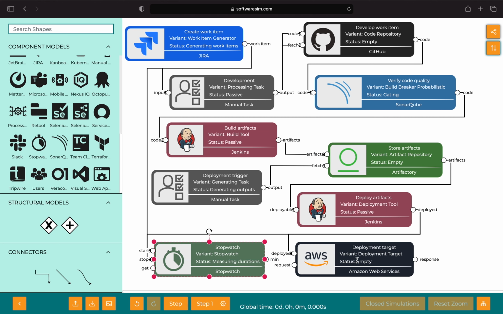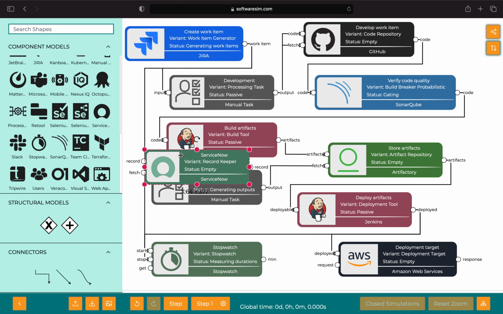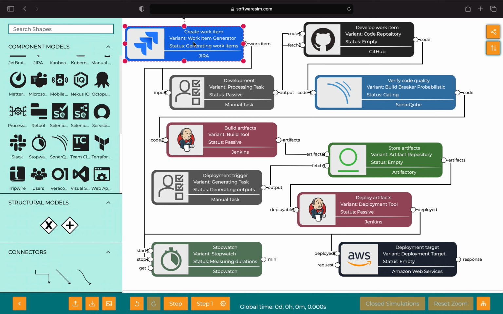And again, just move around the models. Try to minimize white space. Use additional space in the canvas if needed. If you need more than just the screen amount of space, you can scroll and add more here. But this looks pretty good. We can certainly add much more complicated dynamics, bringing in, for example, ServiceNow for change enablement workflows, but this will work for now. Let's just do a quick check of our configurations, to make sure that they are all fine